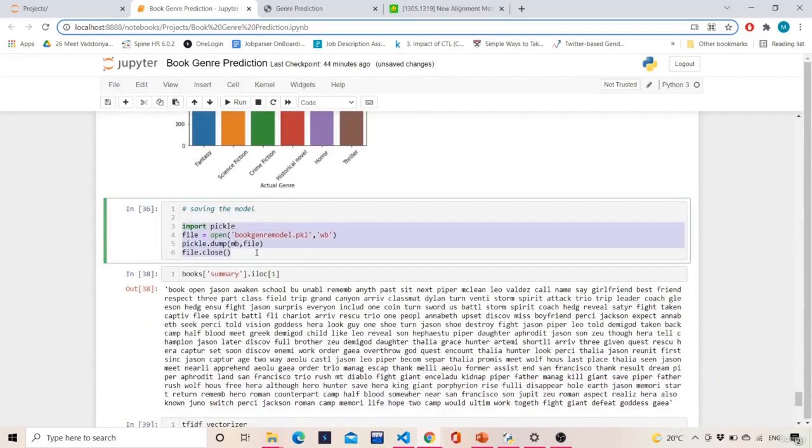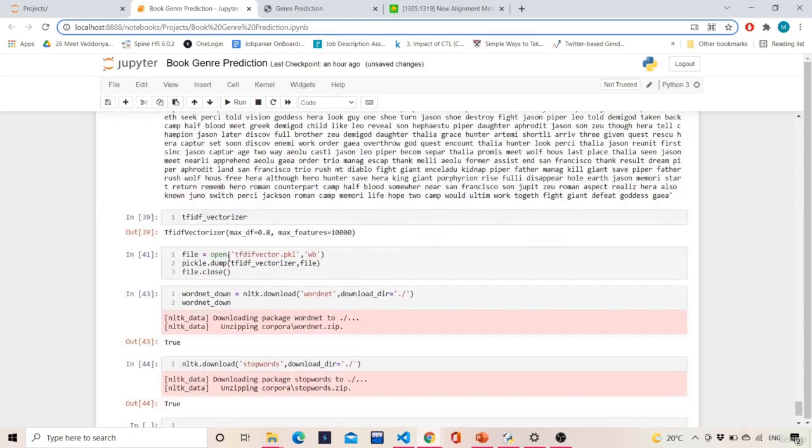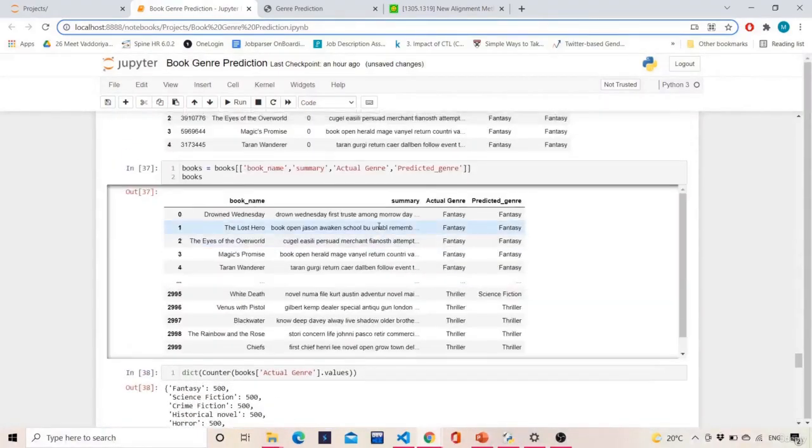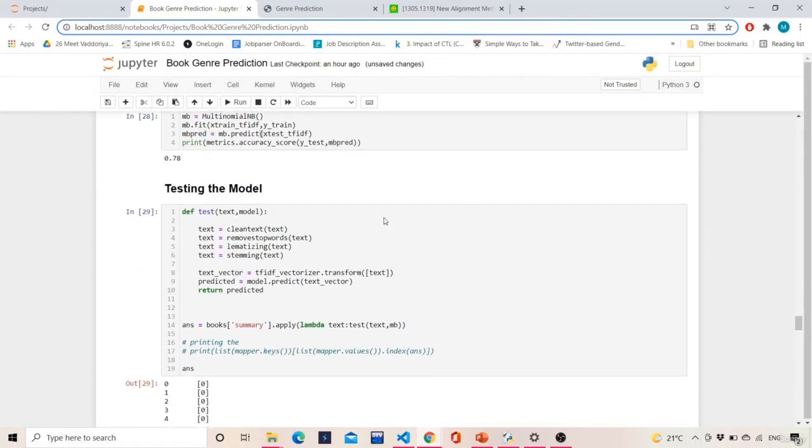Then what we'll do is we'll save our model. As we are using multinomial naive Bayes, we'll use this to save our model. Once we save that model, we'll save even the TF-IDF vectorizer, so that it's easy for us to directly jump into the Flask code and use them. That's it for this testing model. In the next phase, we'll be looking at integrating the code with Visual Studio, that is the Flask server.